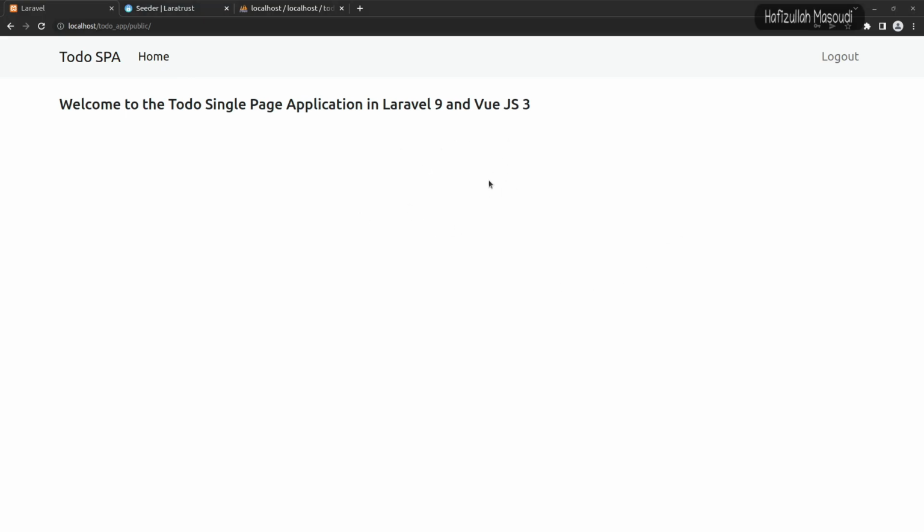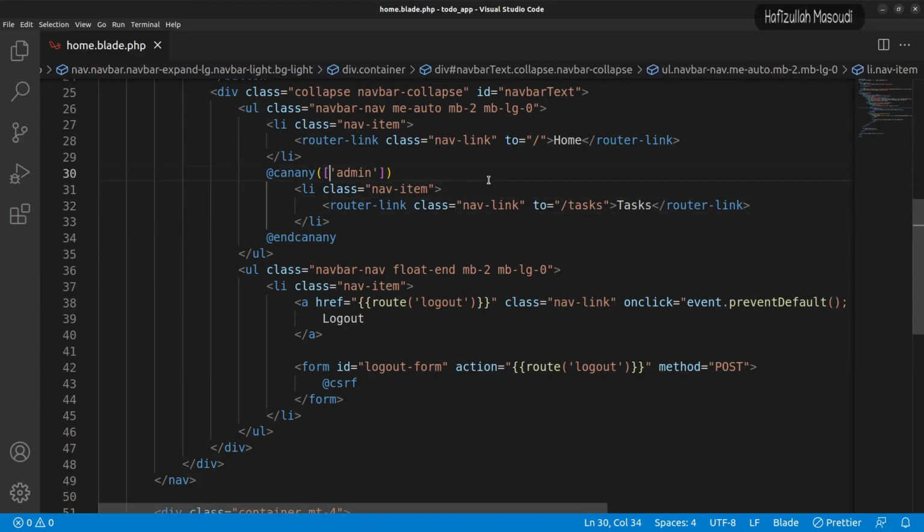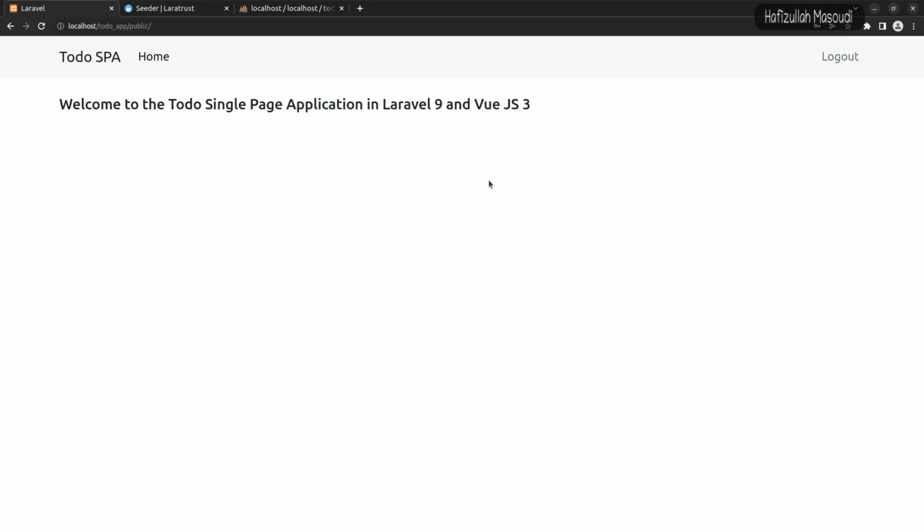Now let's declare some other arguments for the manager and employee also. So in here what I will do is put a comma and let's say manager, and put another comma and let's say employee. And if we save it, get back to the browser, refresh, now you can see we have access to the tasks. So let's go to the tasks, guys,